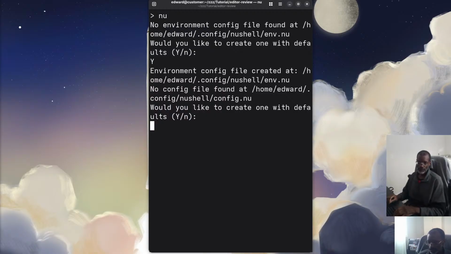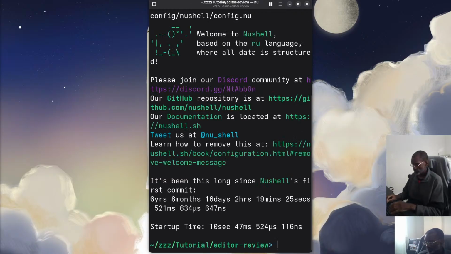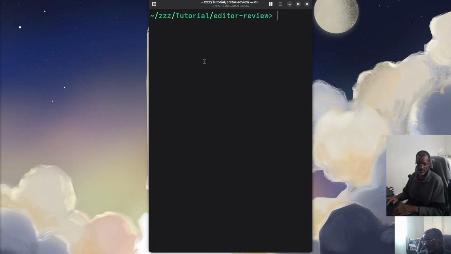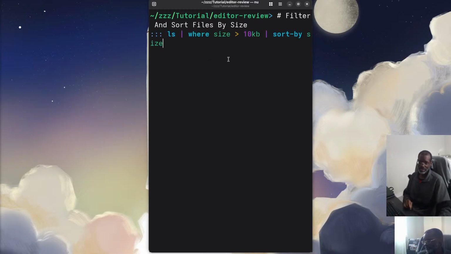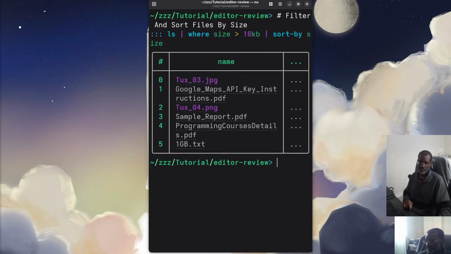Okay, so just follow the instructions here. So now we're in Nushell. Let me clear that. So I'll type that command again, a filter and sort files by size. So press enter. You can see